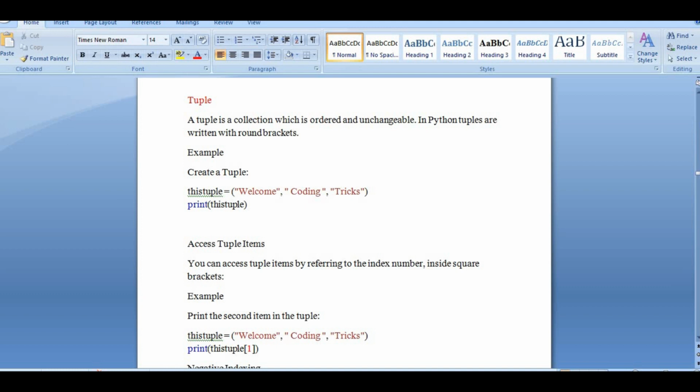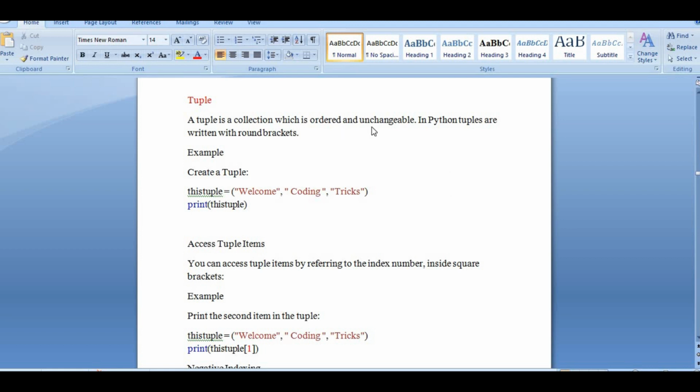In this session, we are going to learn about tuple. We have already studied tuple in data types, but we will go deeper in this session. What is a tuple, and what is the difference between tuple and list? We will see. A tuple is a collection which is ordered and unchangeable.